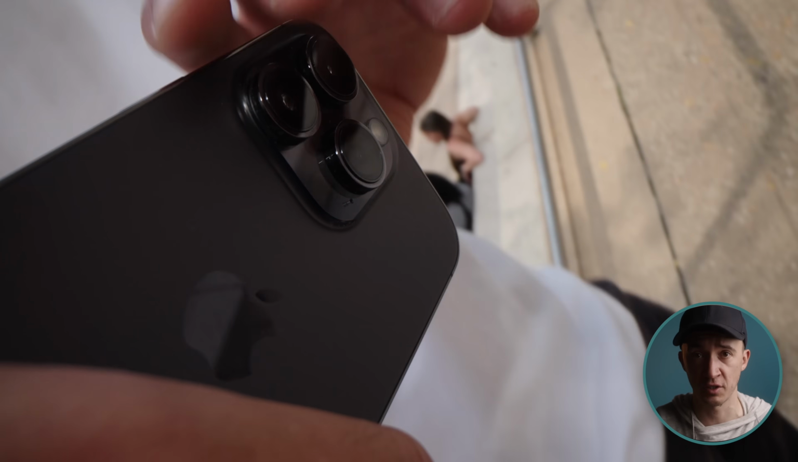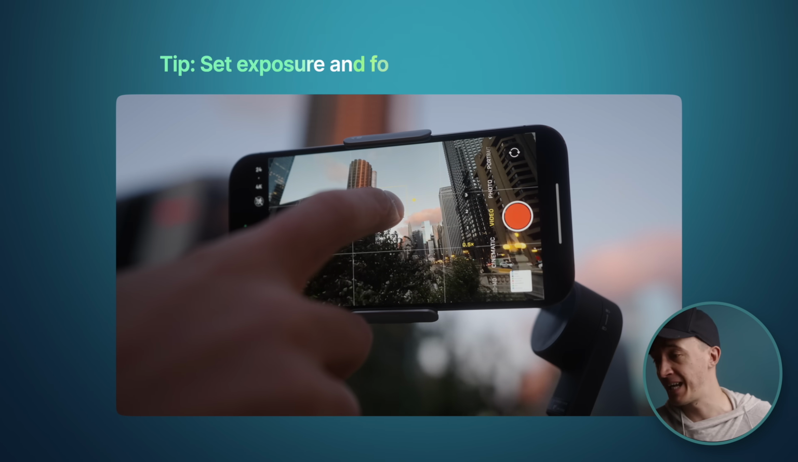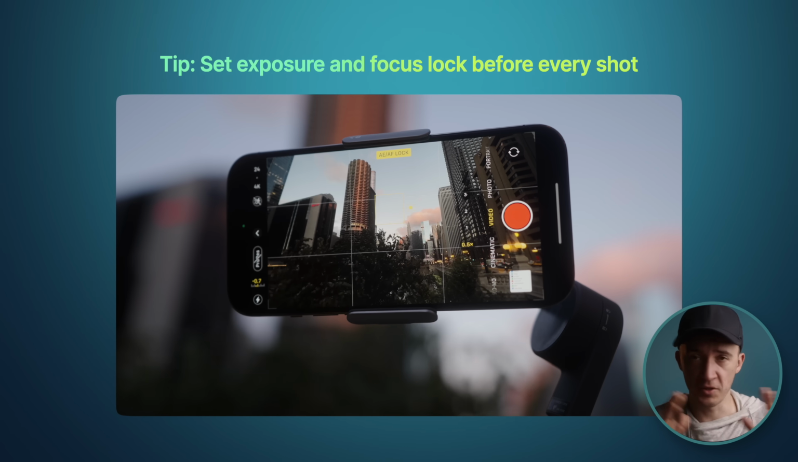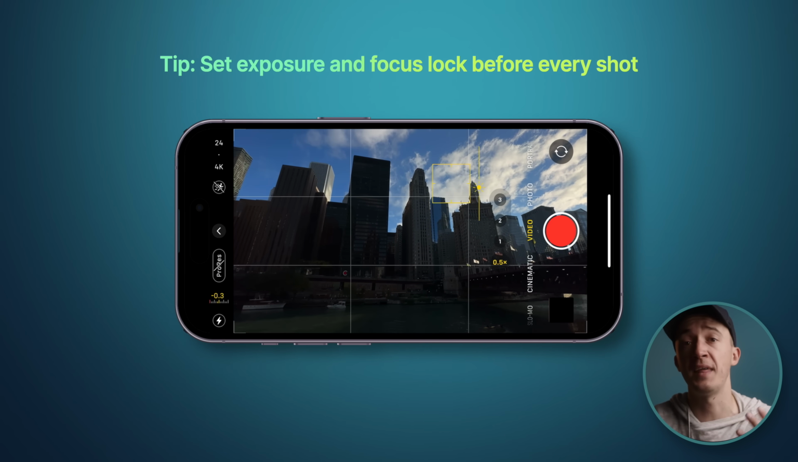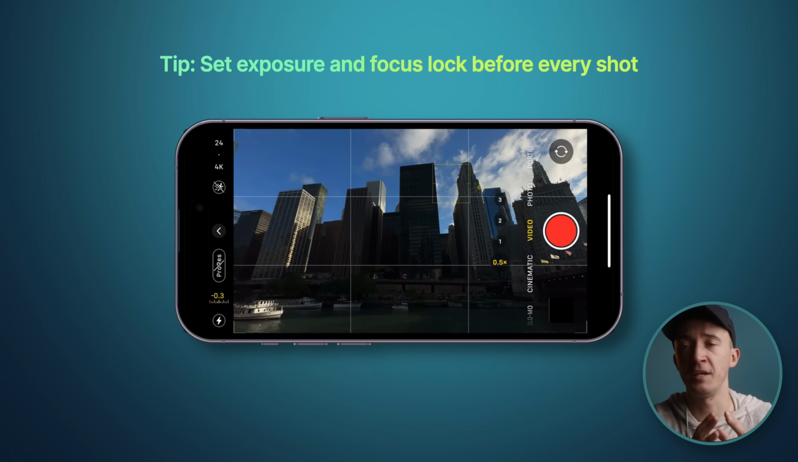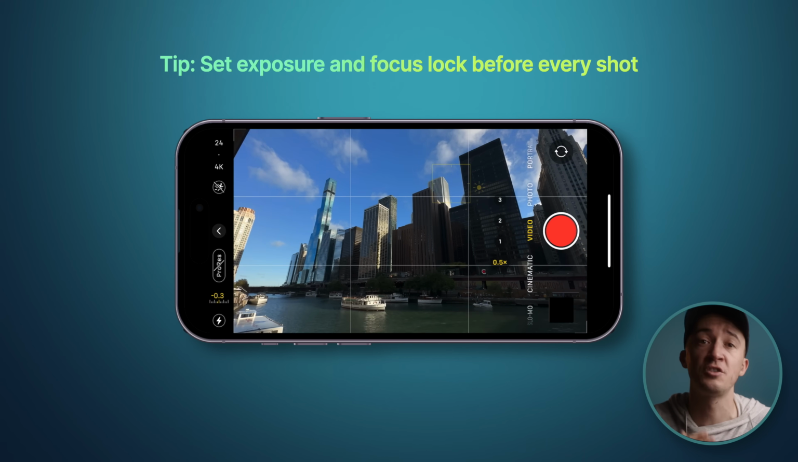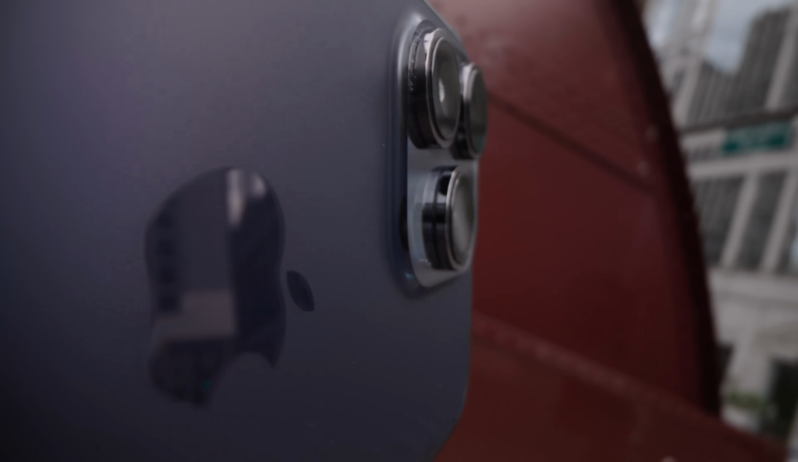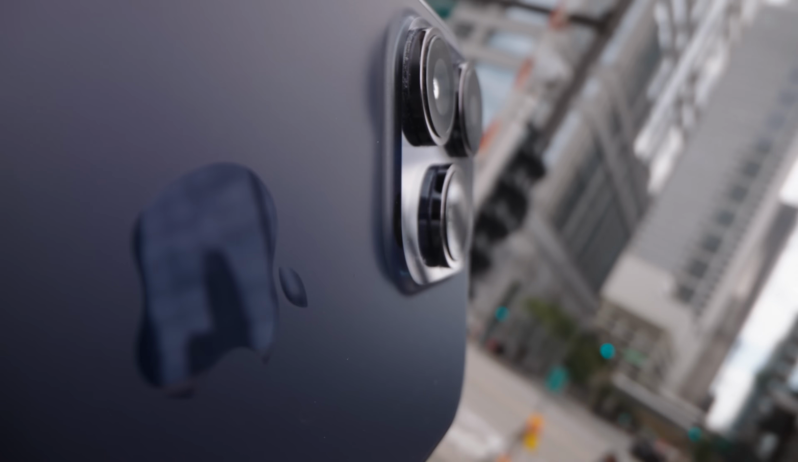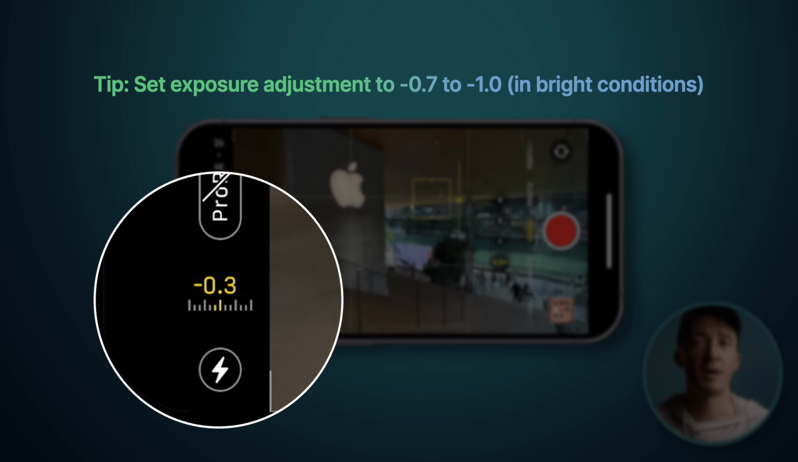Alright, first things first, let's dial in the right settings. And the easiest way to do this is to lock your exposure and focus before every single shot. On the iPhone, you simply tap and hold the screen on the subject that you want to expose for, and that way when you pan around, the exposure doesn't change. It's usually a dead giveaway of phone footage. Also keep in mind that the iPhones tend to overexpose, so use the exposure adjustment and set it to -0.7